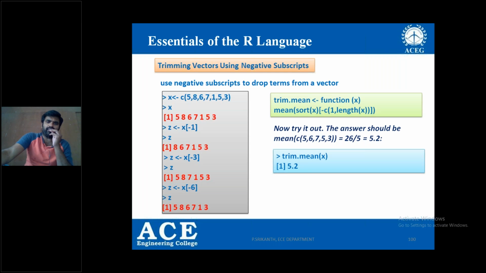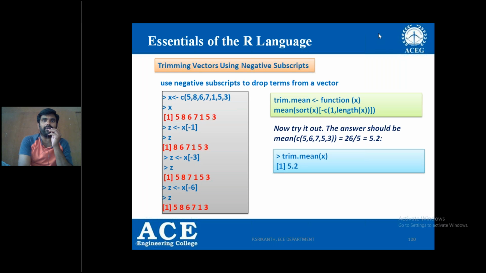That is the code. So it is giving what? Trim dot mean of x. If I call the function trim dot mean of x by passing the argument x, it is returning 5.2. What is that x? X is nothing but an object or a vector, or it may be a density function of the random variable. If I pass that argument, it is returning 5.2.